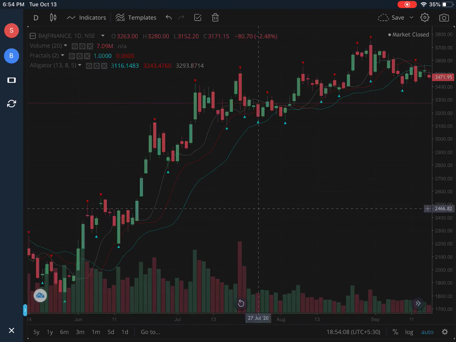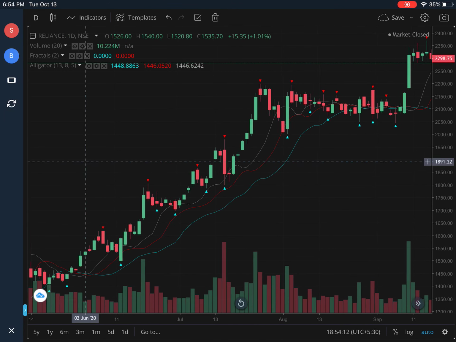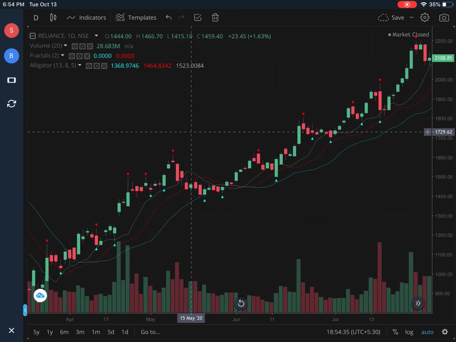Let us take up Reliance. Now here in this chart you can see the chart of Reliance. It's a daily chart of Reliance, and there is the fractals, volume, and the alligator indicator. The alligator indicator is nothing but a combination of three EMAs. Now, as per the theory of alligator,